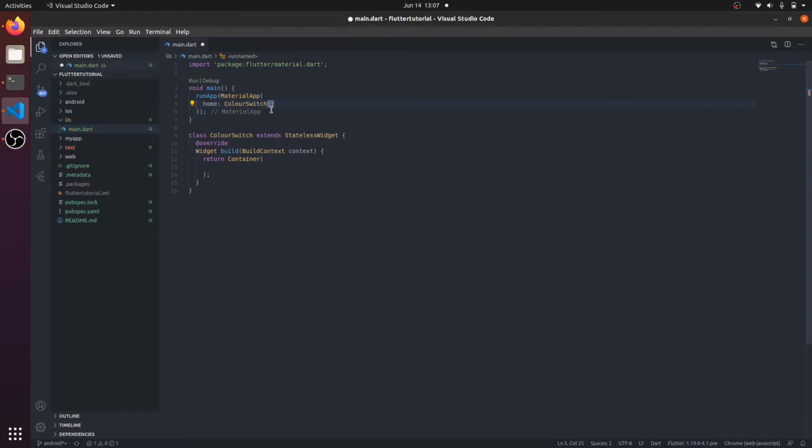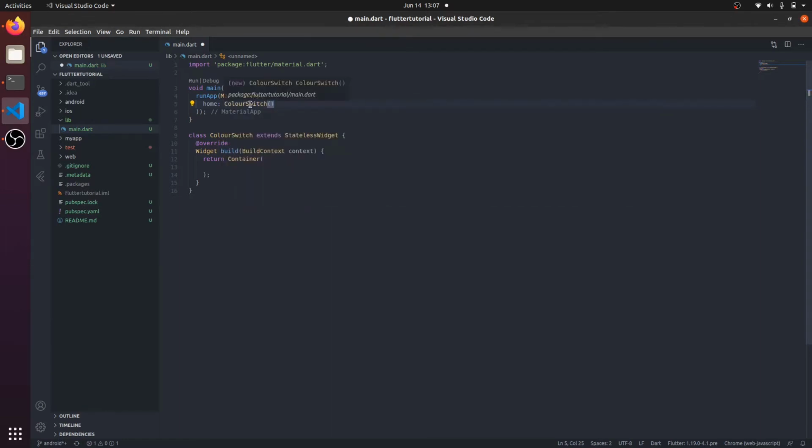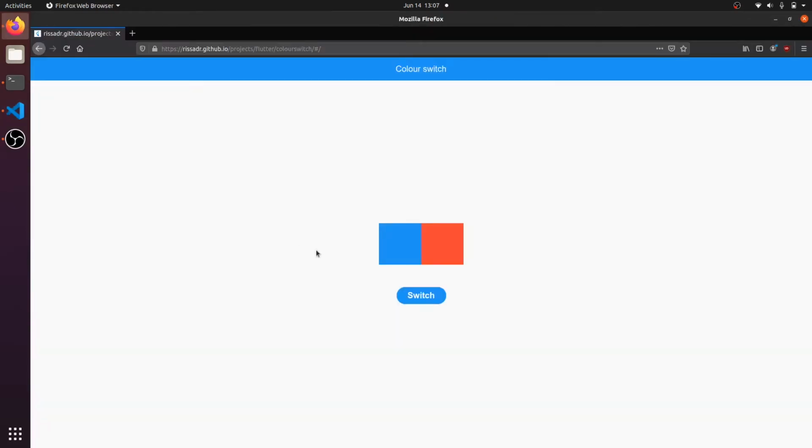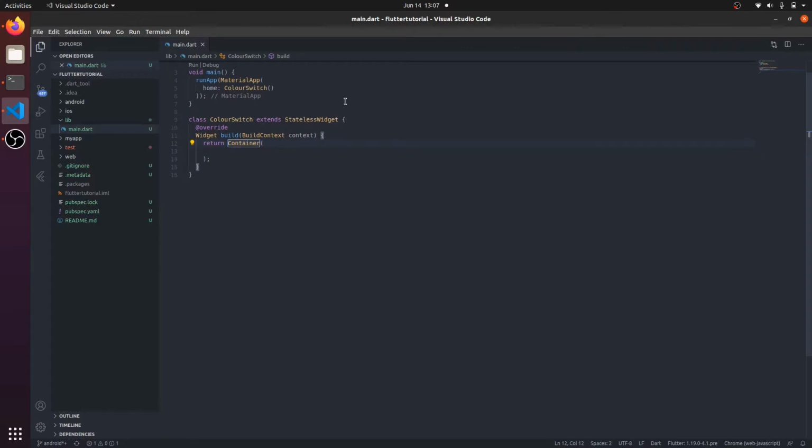So right here, again, this is the widget for the app, and this is the widget for everything that you see here. So again, Flutter is just a bunch of widgets with properties that have widgets in them, and so we've got nothing just yet. We've got an app, but it's got nothing inside it right now, so we won't see anything if we run the app. So what we're going to do is